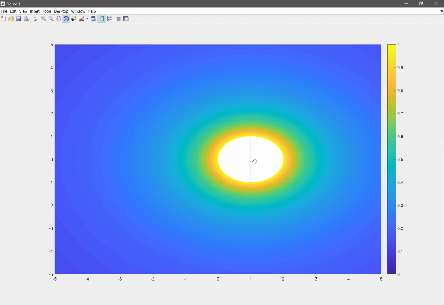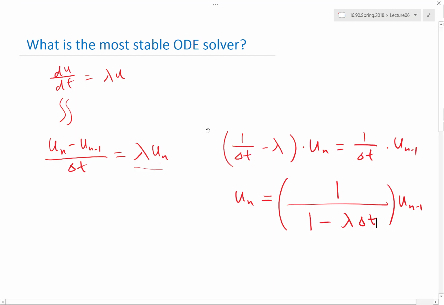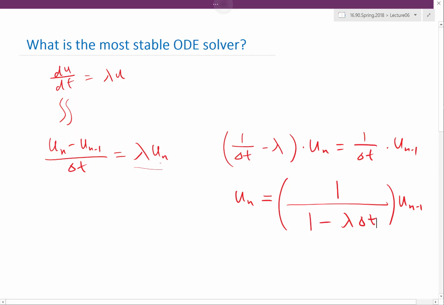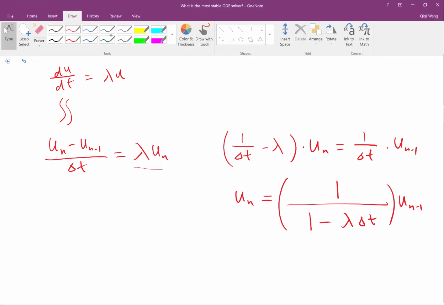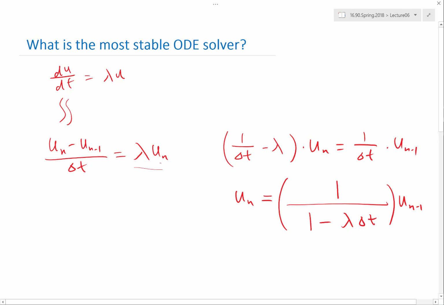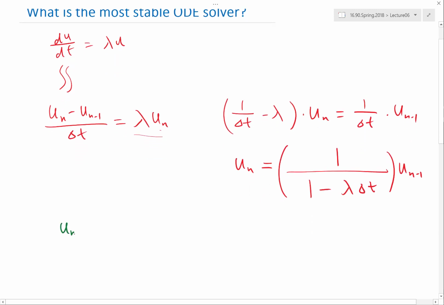Okay, so that's our discussion of the stability region of backward Euler. It's very different from the stability region of our previous type of schemes, right? And here we use this example to actually tell you a way to analyze the stability region of any ODE solver, really. For example, if you discretize using forward Euler,